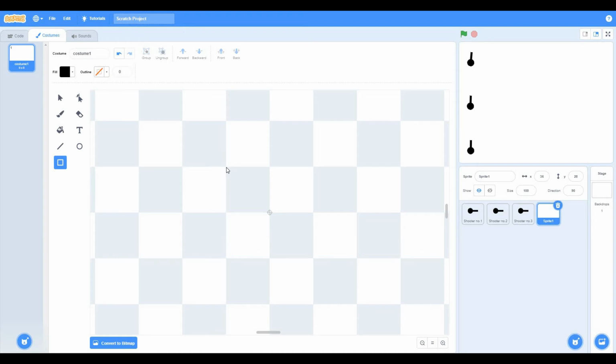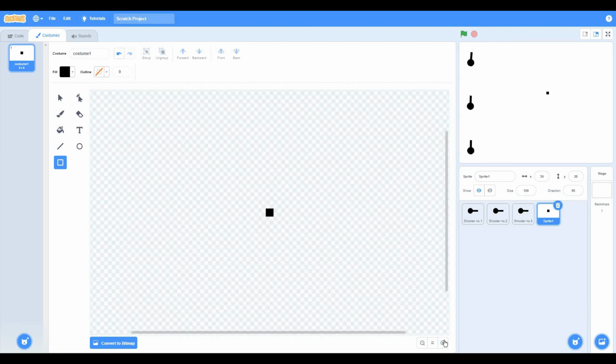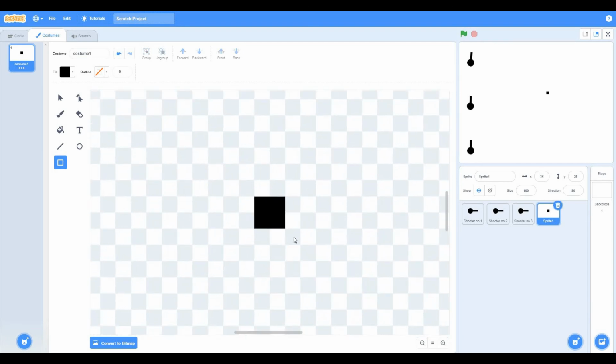Okay, I think 2 pixels here. No, each square is 4 pixels. If each one of these squares are 4 pixels apart, this is 8 by 8, so this must be 4 pixels. What kind of enemy should I draw? Okay, I'm gonna